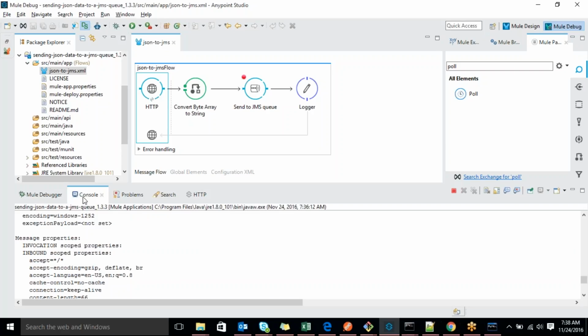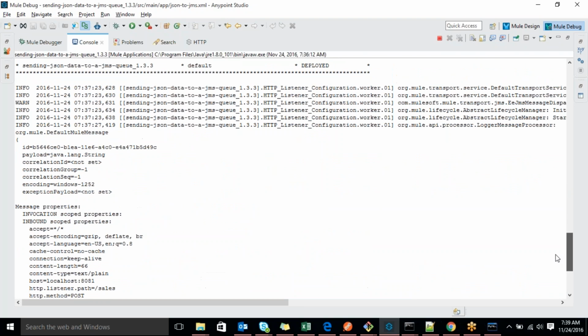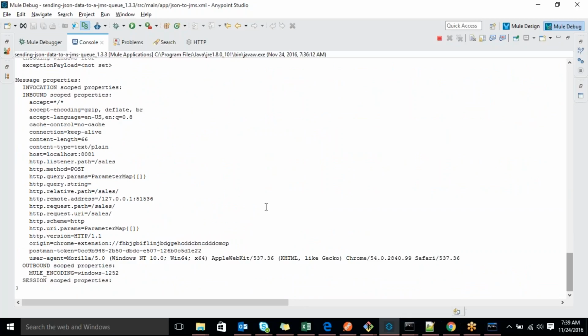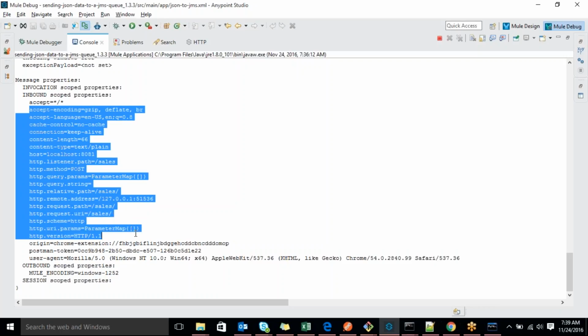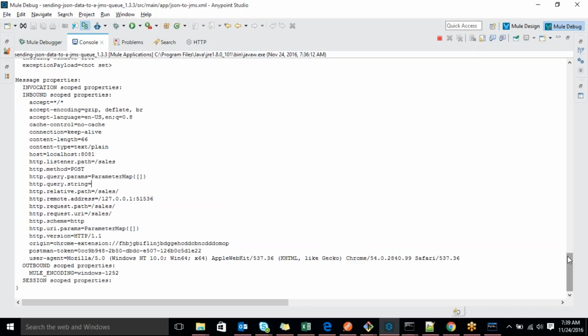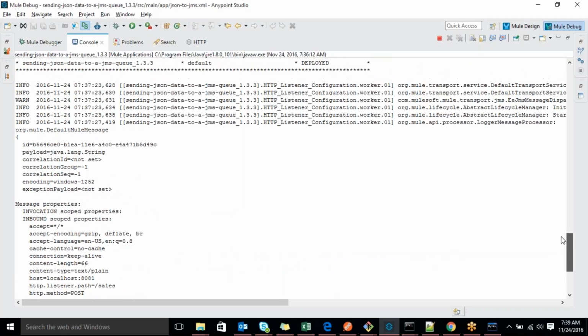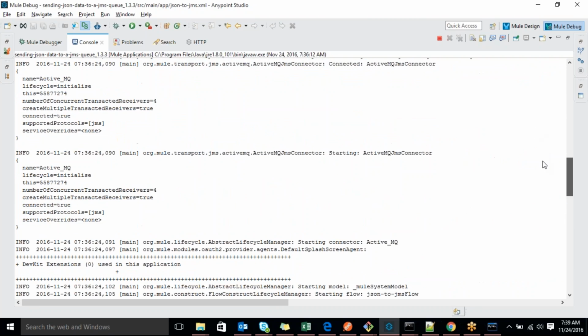That whole message I'm displaying actually. See this, so much data is going. If you see this, so much data is going to ActiveMQ. So what are the messages going? Inbound properties, inbound scoped messages, accept, method type, query parameters, and then path. So much data is being pushed to the queue. If you want to remove it, generally people won't ask for this much information. By default, your Mule is pushing that much information. You can remove it also. You can filter it.